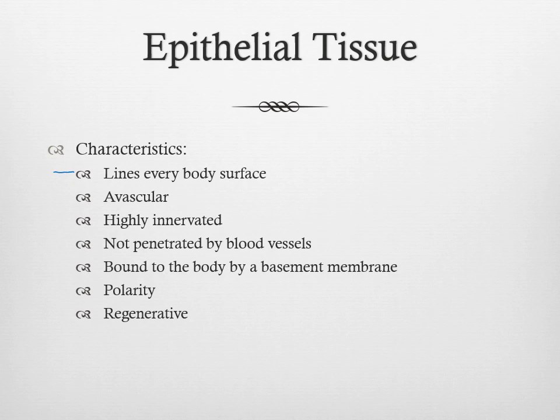It's held down to deeper tissues via a basement membrane. So we have a basement membrane that is kind of the lower aspect or the deepest most component of it. And it has what we call polarity, meaning that it has essentially a beginning and an end. And so that basement membrane that starts out at the bottom, in a sense, for the polarity, is our basal surface. And then from there, as that tissue grows up and outward,